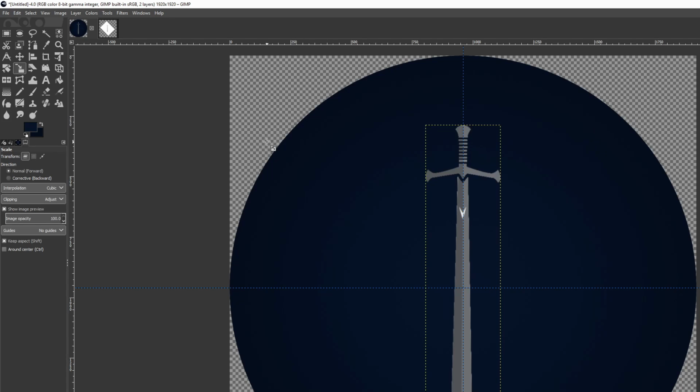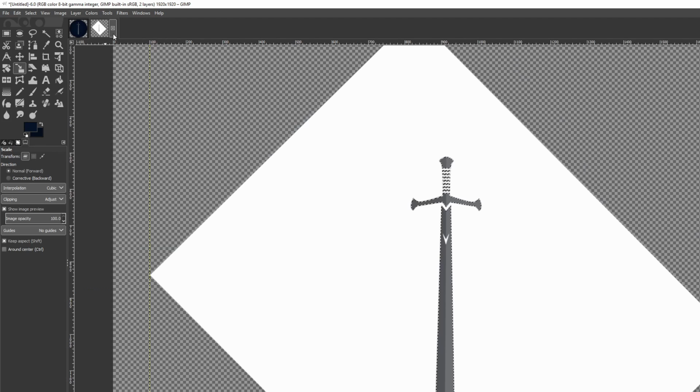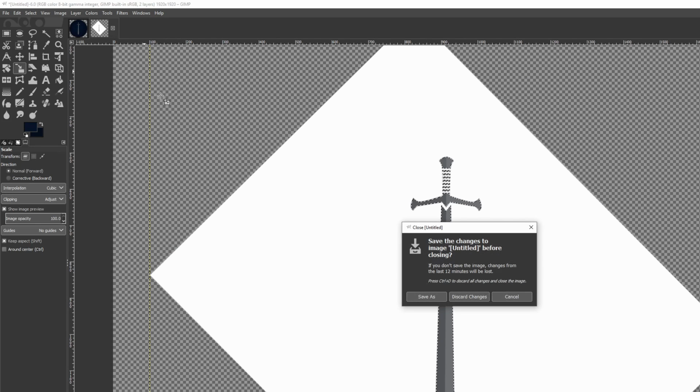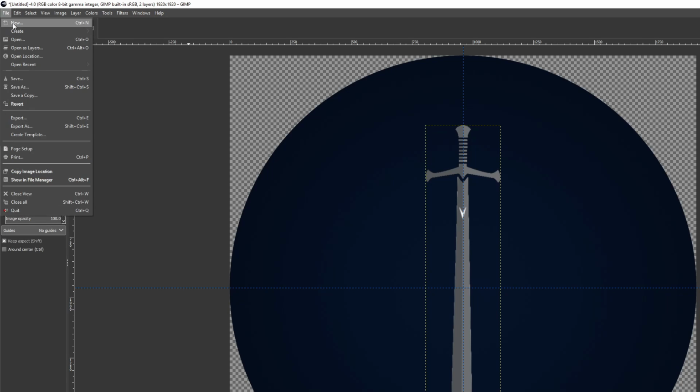And then hit enter to finish the resizing. And you're done with this sword graphic, so you can close that. Save the changes if you want to. I'm not going to for this example just because it is just an example. We still have the S to work with, so